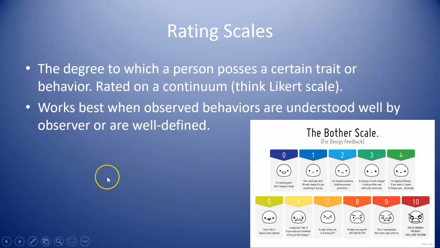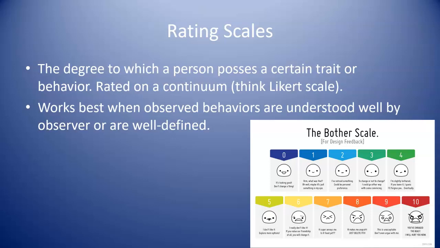Another thing that you might use, sort of like a combo between a checklist and a rubric, which we're going to learn about next, is a rating scale, right? So we as adults are very used to Likert scales where you have to rate something on a scale from 1 to 5, with 1 being not at all and 5 being all the time or very good, and so on and so forth. And with this one, we identify the different levels in that continuum from 1 to 5,